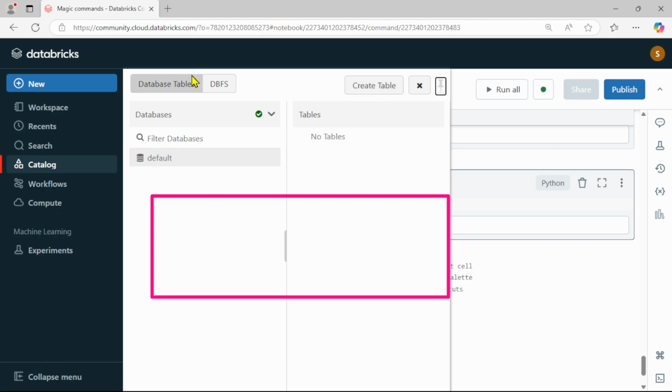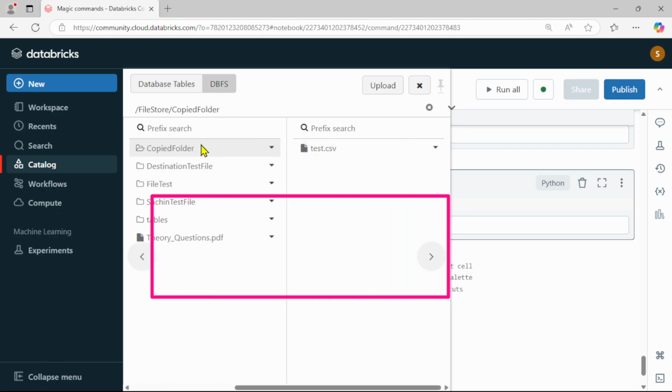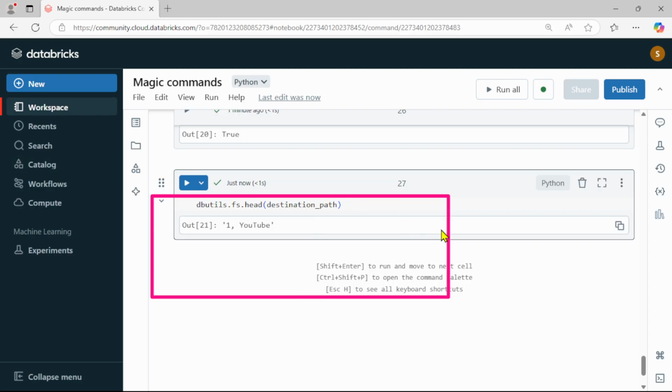Can you see? Click dbfs. You can click on this copied folder. Just copy this folder or move or rename. You just move this file to destination files. Okay, so that would be the manual process, but we are using the code related and DBUtils related code